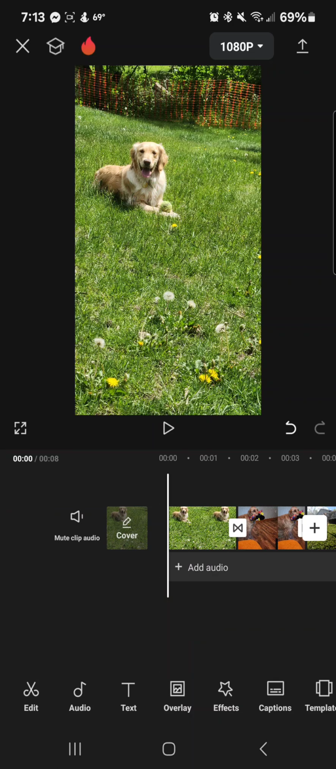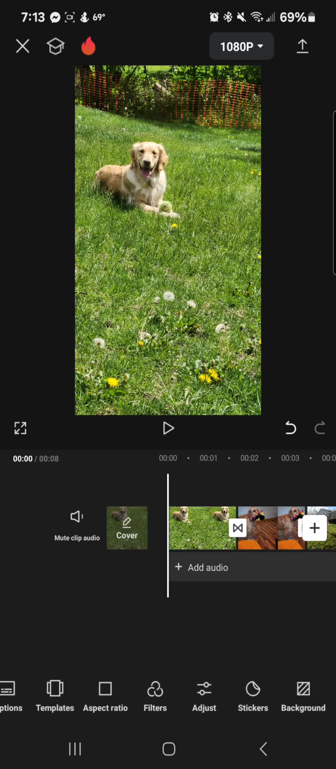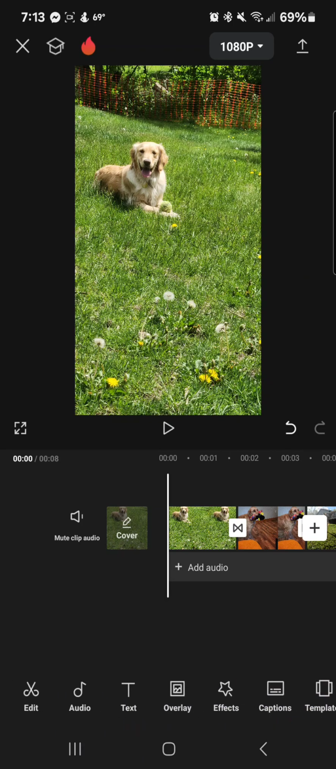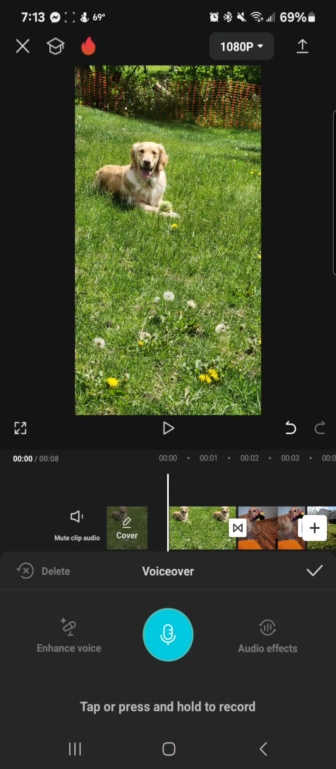From there, if you want to add your voice and even text, what you can do is go to Audio, scroll over to hit Record, hit the little microphone,